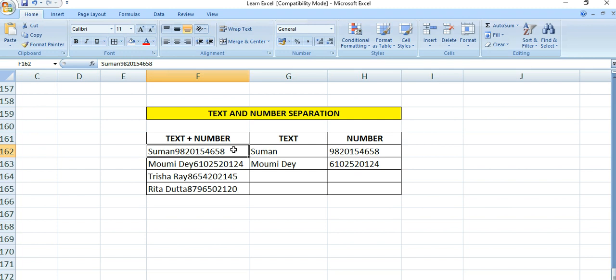You need to give effort to write down this formula. So this is a very unique formula, a little bit complicated, but once you type it here, you can just copy and paste. So for the text, you need to write this formula within square brackets equals to LEFT, then first bracket, then F162, that means this text,